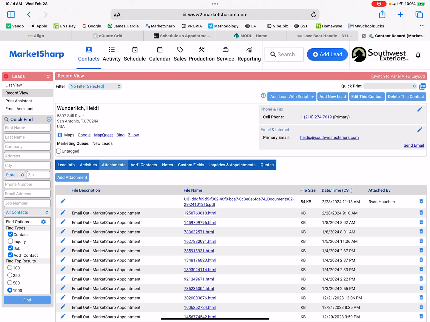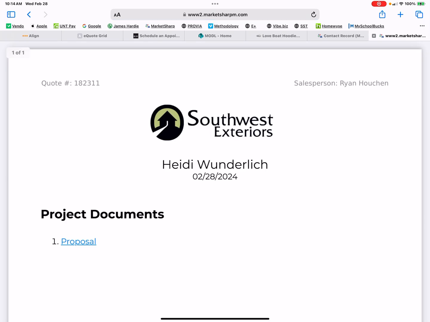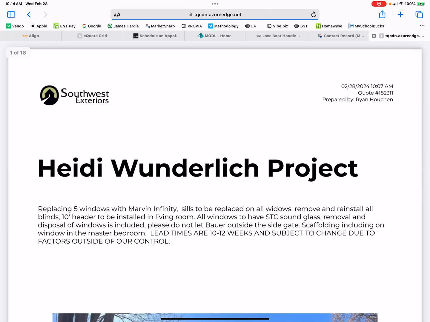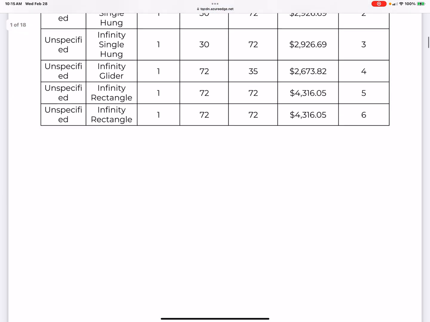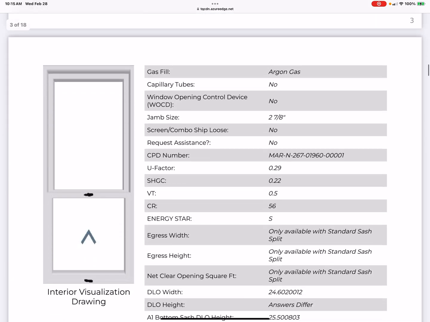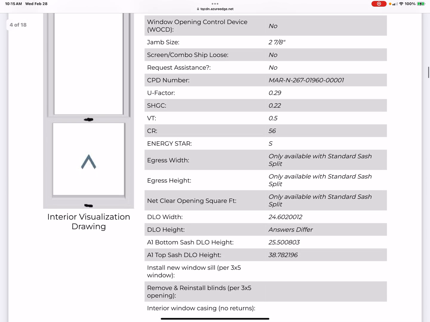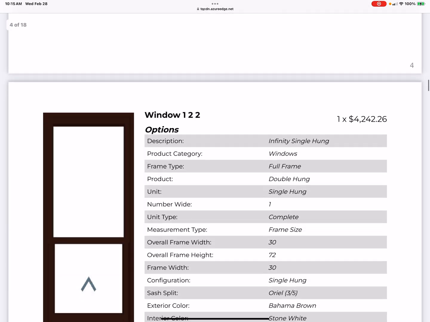If I need to rebuild, if we have another DC that, God forbid anybody leave, and somebody else needs to go rebuild this project for the client, I got this beautiful document in here that's going to tell me everything I need to know. So again, it saves all that extra step of putting in 5 window, scaffolding, replace all sills. We don't need to do that anymore because it's right here. This document is living inside of Market Sharp, and all of this was done before I left the home. So all it is for you guys is coming into Market Sharp, clicking on this proposal link, and you got the proposal if you need it. We'll do a work order to show how that process goes as well. But we got everything in here that we need in Market Sharp, better than we would have before on a demo no sale. So let me stop it there, and then we'll transfer into a